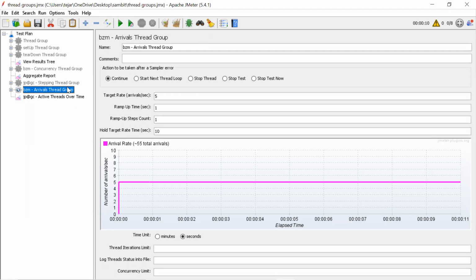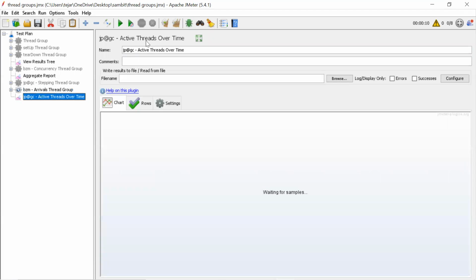Okay, and now let's see that graph. Let's see from the graph what you understand. And we will run 60 seconds. Okay, now we got 305 arrivals. So every second 5 users will come, right? Each second 5 arrivals. And 5 times 60 is 300. And ramp up time is 1 second, right? So 300 plus 1 second. So 305. Right. So it's simple, like each second 5 arrivals. Okay, we have 61 seconds, got 305. Let's run.